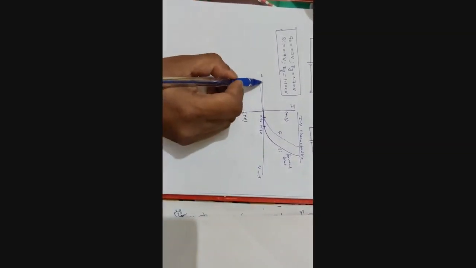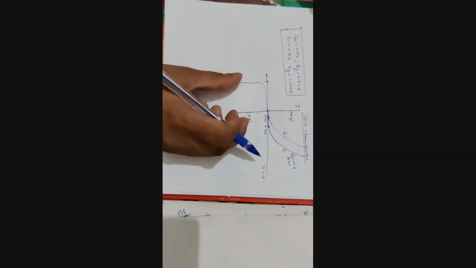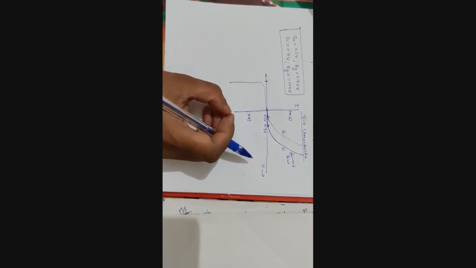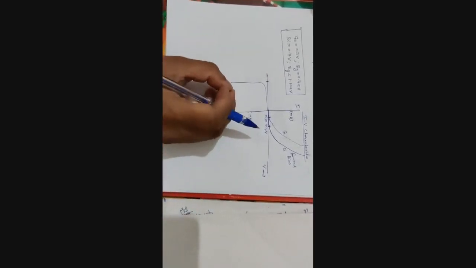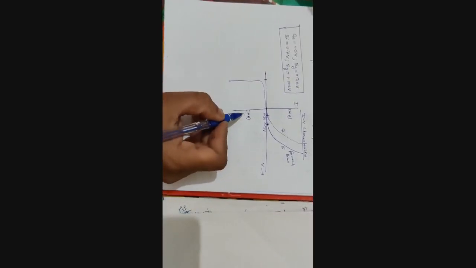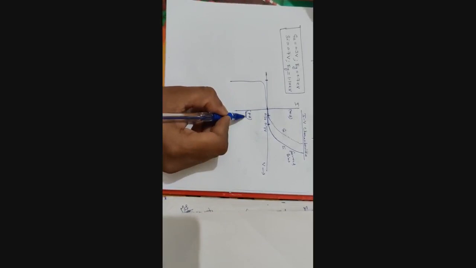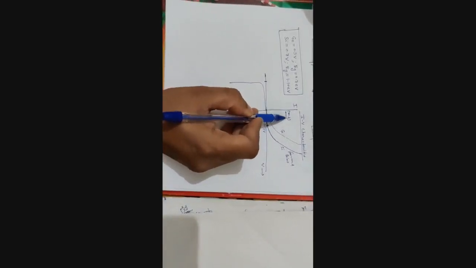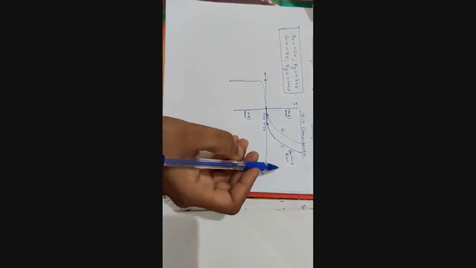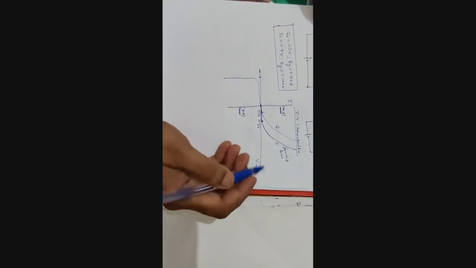This is the breakdown voltage, right, where the depletion layer becomes very large and very few electrons are shifting from one side to the other side. Okay, so here the current is very small. That's why we represent this in microampere. A very small current will flow in the given circuit. And here we always measure current in milliampere. So this is all about the characteristics of the PN junction diode.